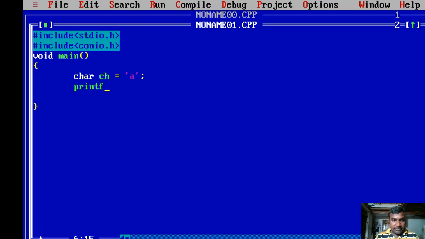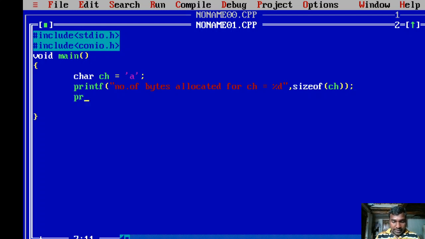So printf number of bytes allocated for ch character data type is equals to %ld. We are using the sizeof operator to know the size of the char data type, or simply you can pass the variable ch.